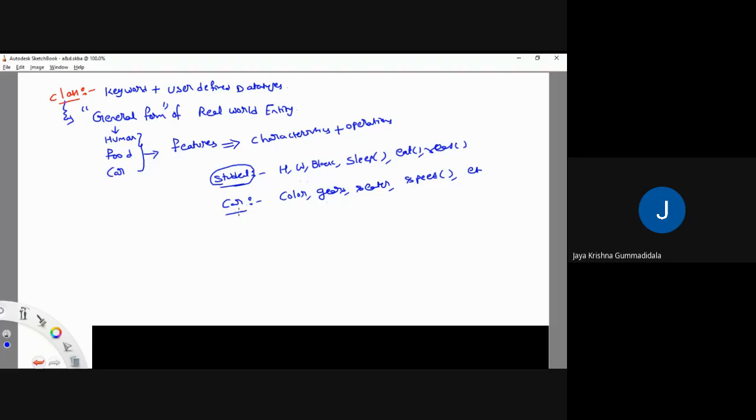Like if you want to buy a car, before going to buy a car, you are going to think about all the features. Whatever the features that you are thinking, all this comes under general forms. General form, right? So features are simply characteristics and its corresponding operations. Characteristics are going to be stored with the help of variables, right? So those variables I can call as data members, and corresponding operations means